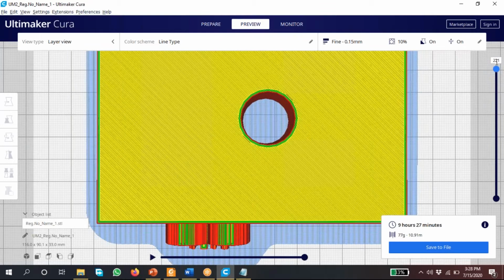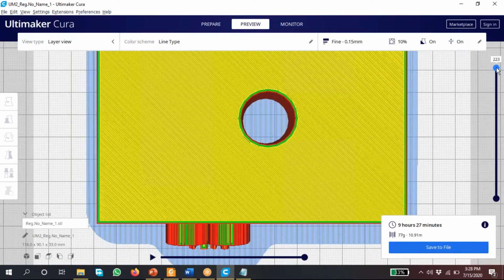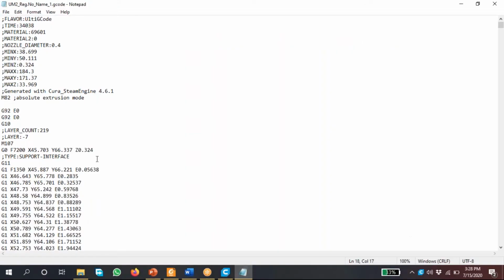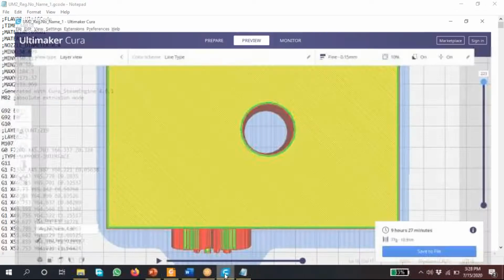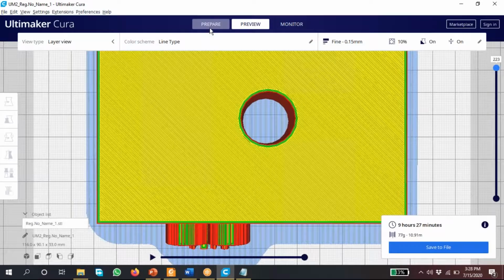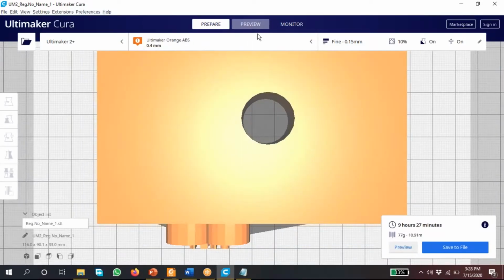Yeah, this is the layer. We will see that in the first layer only.